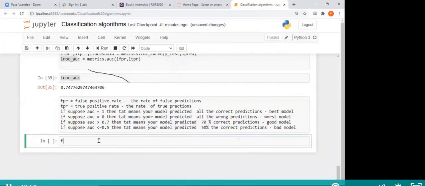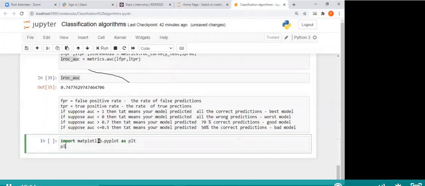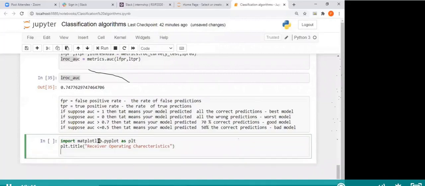From import matplotlib.pyplot as plt. plt.title of receiver operating characteristics. Then plt.plot of